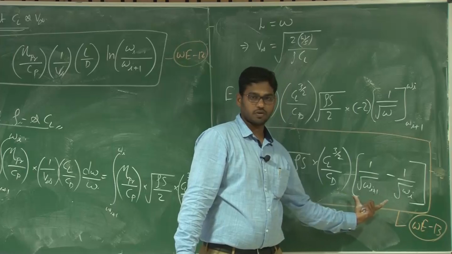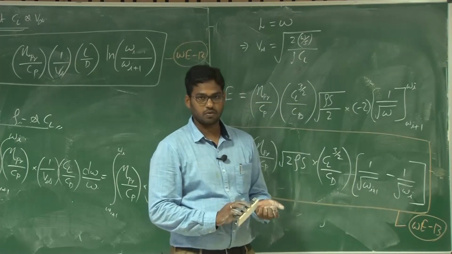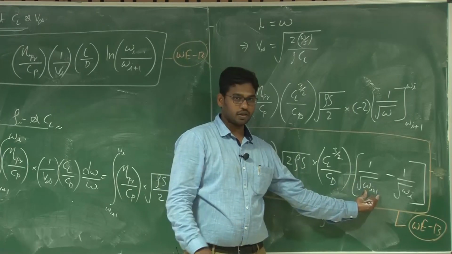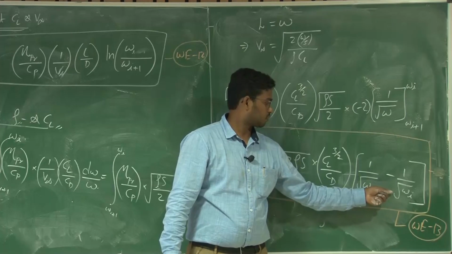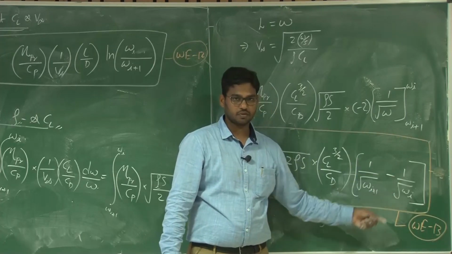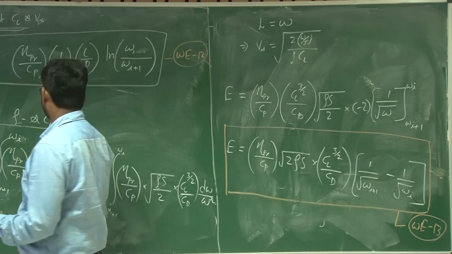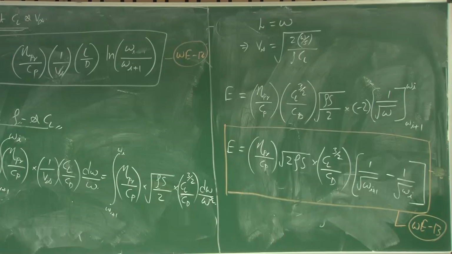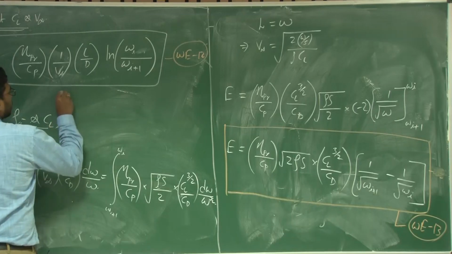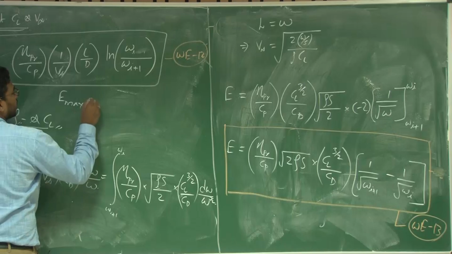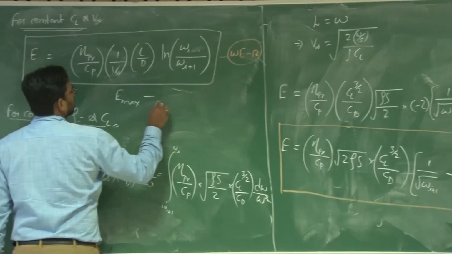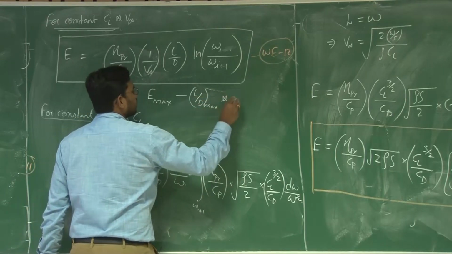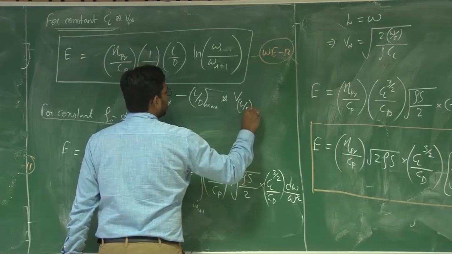This difference has to be more, okay. That means there should be a lot of reduction in weight, right. When there is a lot of reduction in weight, this quantity will be higher compared to this, so the difference will be higher there, where you will end up having high endurance. So for this case, E max can be attained at L by D max and V for L by D max.